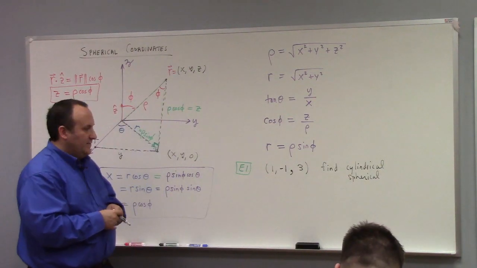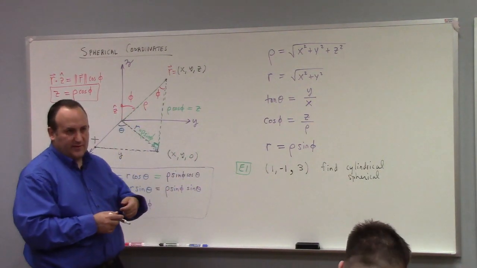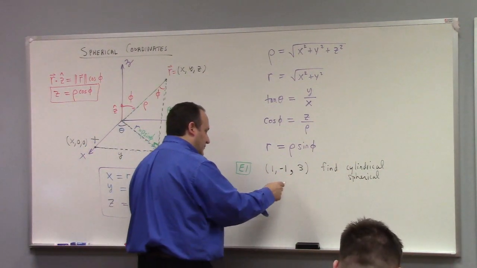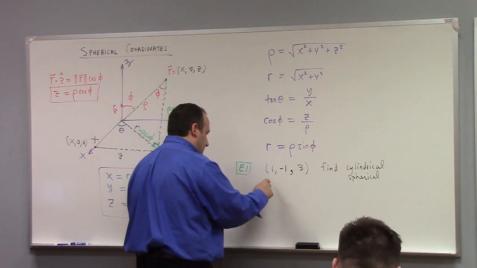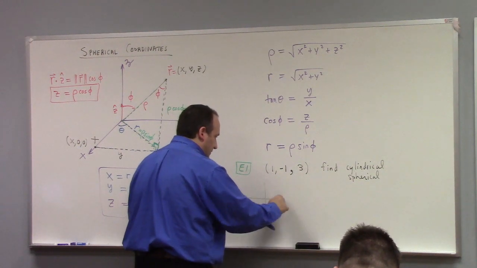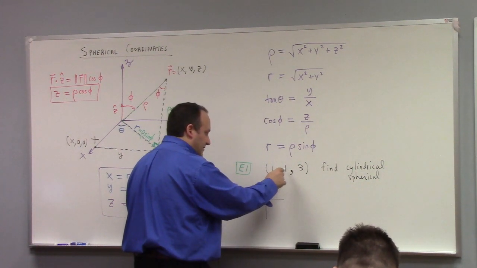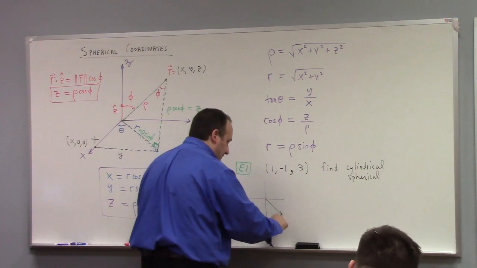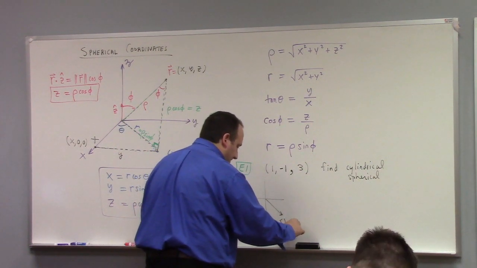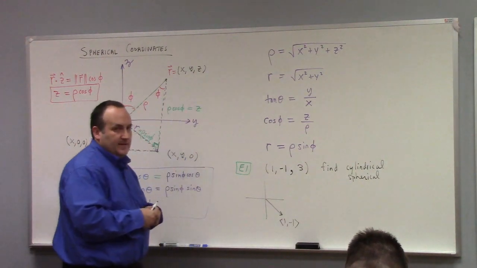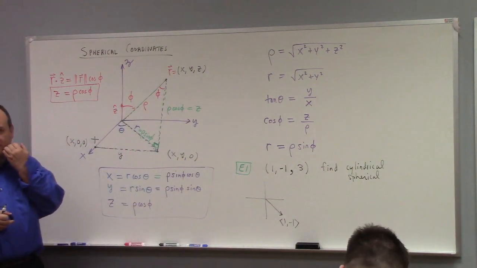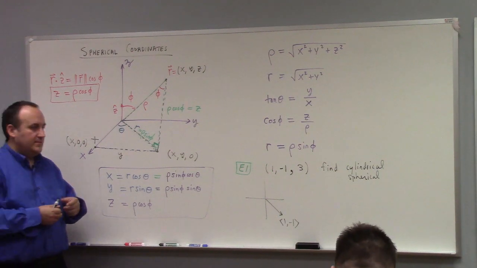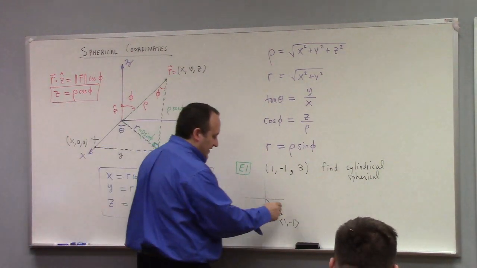So I would start by finding the cylindrical coordinates. That's pretty easy, right? If I picture 1, minus 1, where's that? That's like here, right? If I just think about the two-dimensional vector 1, minus 1 for a second, I can think about finding the standard angle of that vector. That's the same as the standard angle for the spherical coordinates, right? And what is that angle?